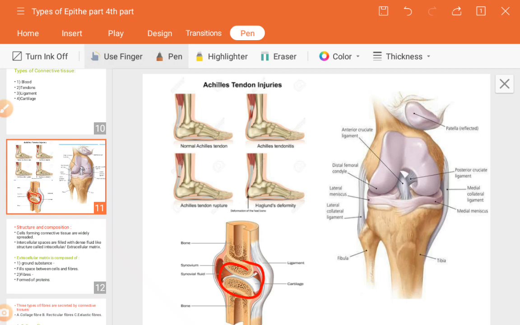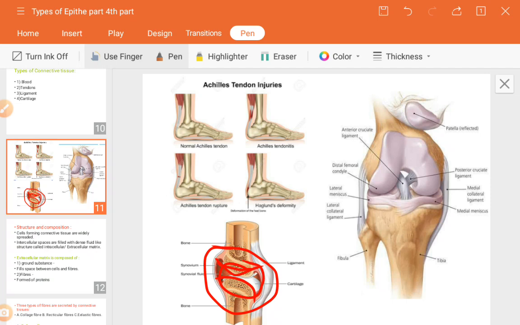Next, covering of bones in the movable joint. See guys, this is a joint. Joint means where the knee is present, so these are joints. It is jointing like this. Next, it maintains the shape and flexibility of organs and gives support, same as bone, but compared to it, it is very soft, though it also gives shape.